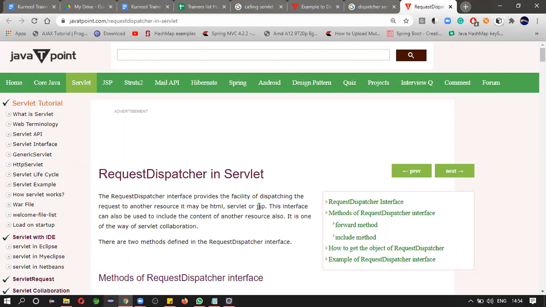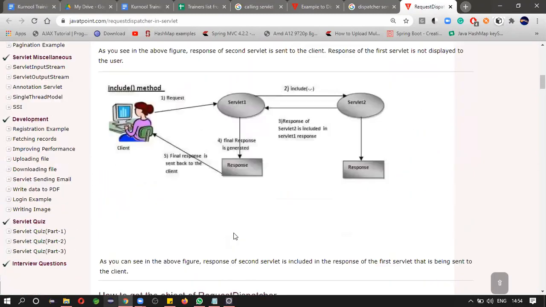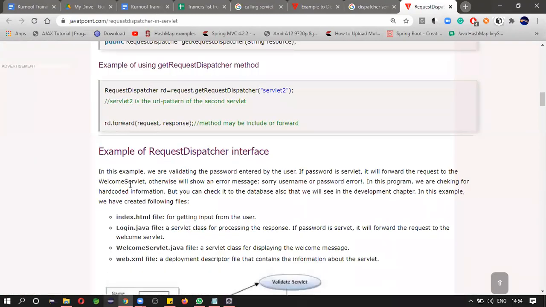HTML and JSP can both be used to display content on the browser, but HTML is used to display static content, while JSP is used to display dynamic content. So how to work with the request dispatcher?